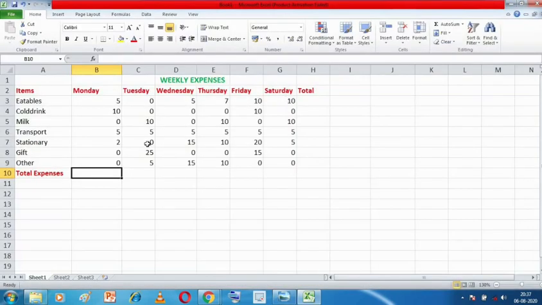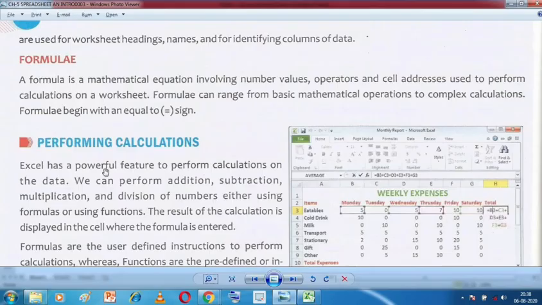You can type very simple formulas like adding different values, from year to year. If you want to add, it is a very simple task. But you can also use formulas for complex mathematical calculations, but you don't have to study them.